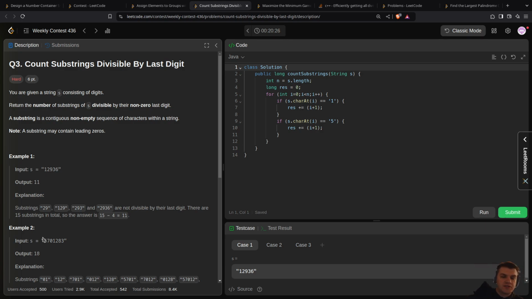So this one just involves studying divisibility patterns for every digit, like by 0, by 1, by 2, by 3, by 4, and so on and so forth. And then checking if it can be calculated in more or less constant time. Because for every ending digit I need to figure out